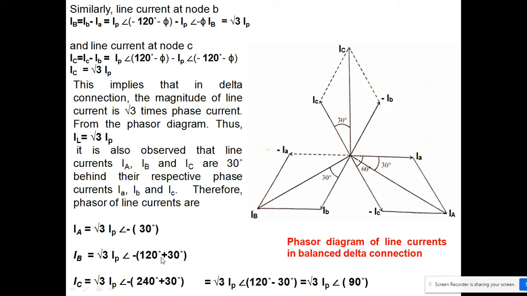Okay, and in the third case, minus 240, and if you are considering the anti-clockwise direction, then you can put this, and this becomes equal to 90. So if I see with respect to this, either I have to take care like this way, or we can say directly from this to this is nothing but 90 degrees. So that is the phasor diagram of the line current with respect to phase current.